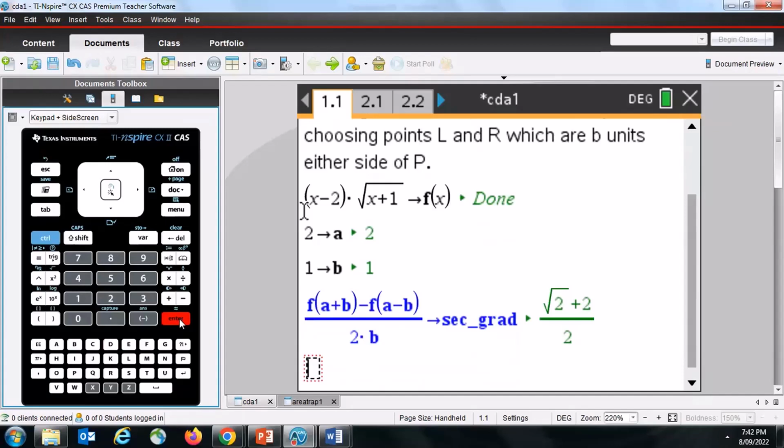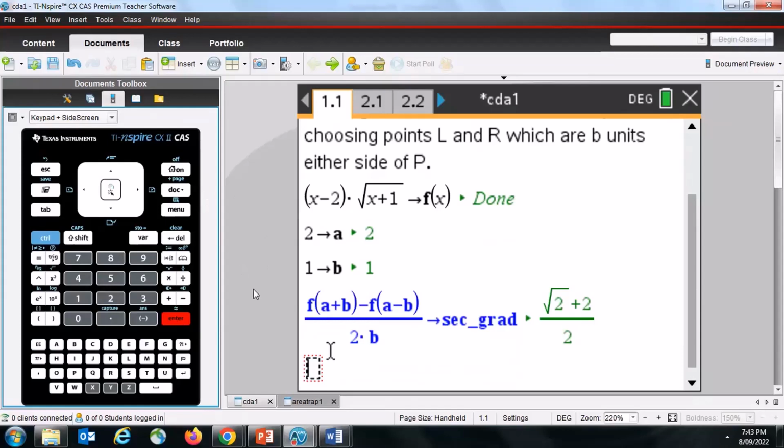And you see it's in blue, but bold. And the value is exactly root 2 plus 2 over 2. And that'll be one of the values that's generated on that table that you saw back in one of the earlier slides. Now, because that is a stored variable value, I'm going to now open up a calculator page